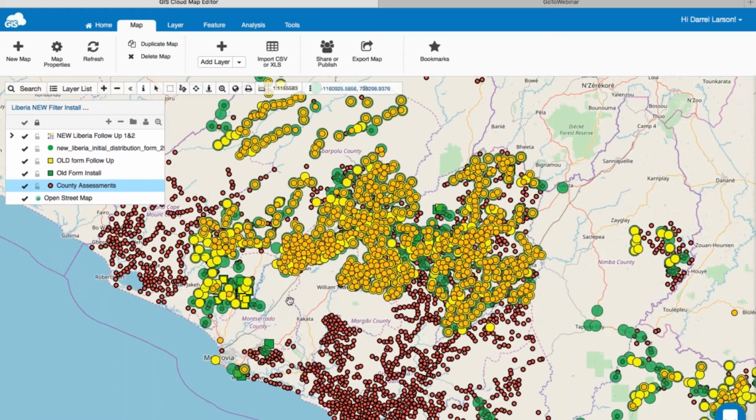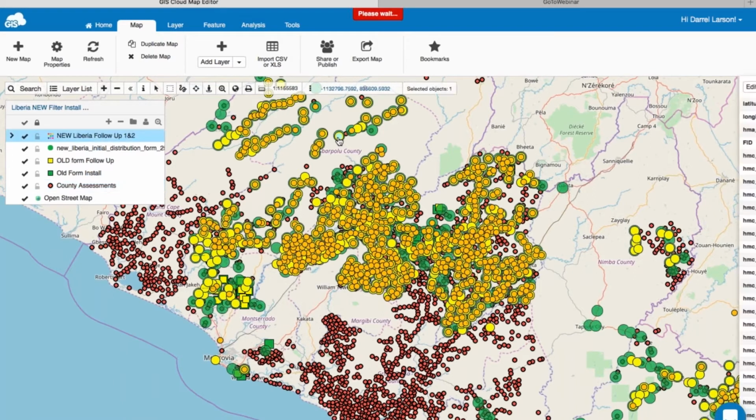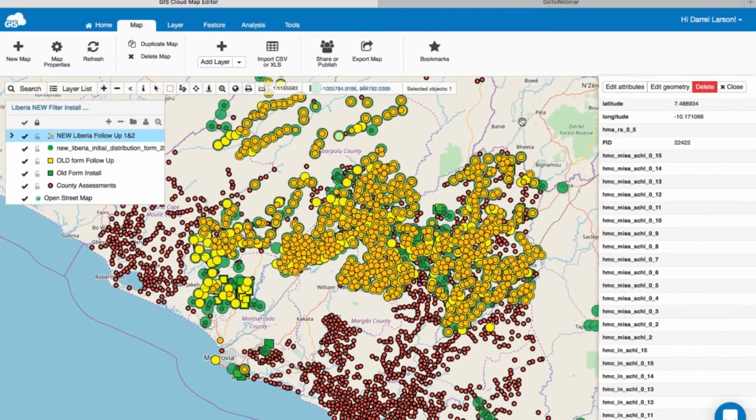And what's amazing is, if you were to zoom in, this is a live map, right? So if you were to zoom in on any of these villages in any of these layers, you could see the information pop right up on the screen, which is really a powerful tool to have. And so that's basically how we do it. It's saved us paperwork and lots of time.